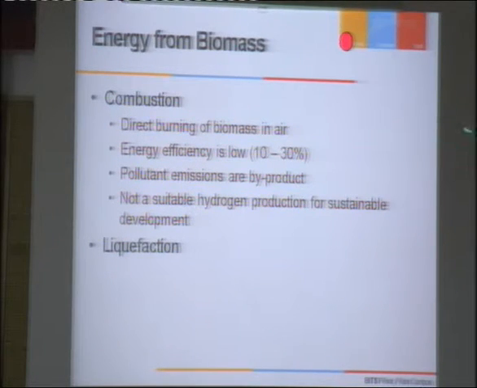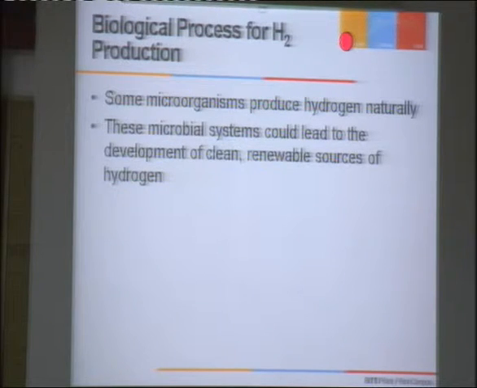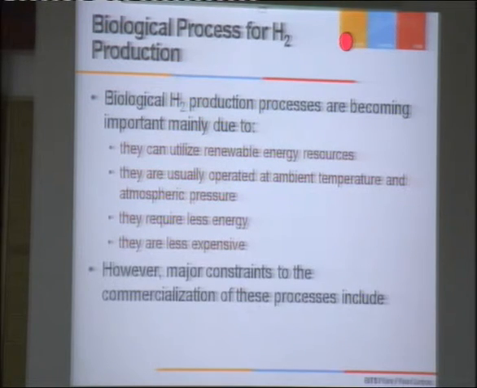So what are the different techniques by which we can convert biomass to hydrogen? As I mentioned, there are 5 techniques of hydrogen production through the biological route. All of us know microbes are full of surprises. You can utilize microorganisms and produce whatever material you want. Here we have different types of microorganisms which can produce hydrogen naturally. The only problem of biological hydrogen production is the low yield.